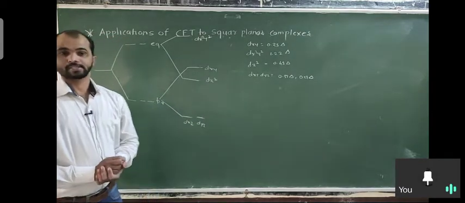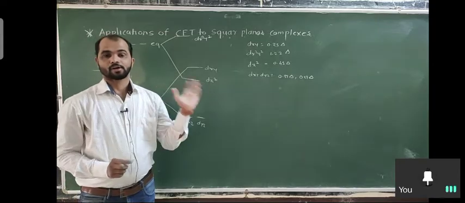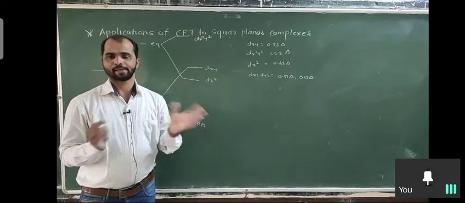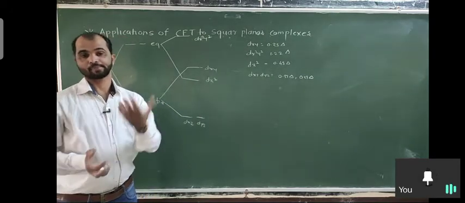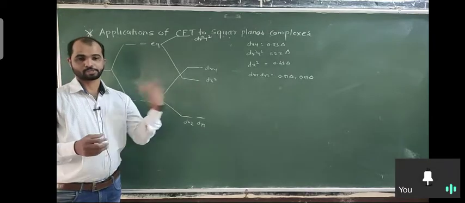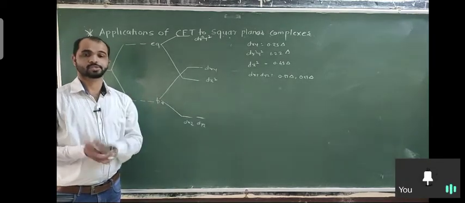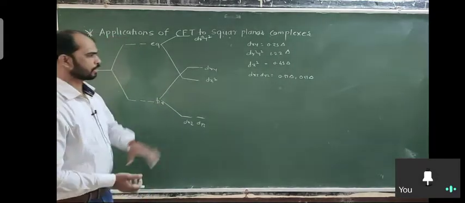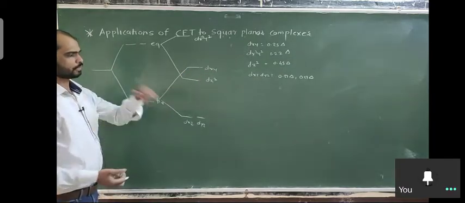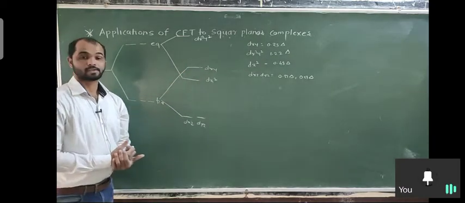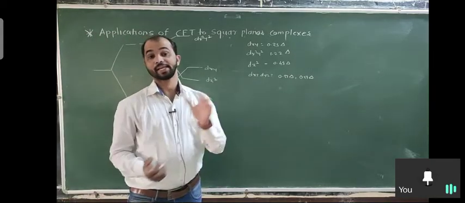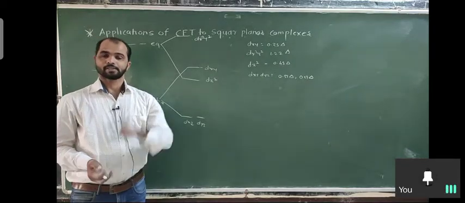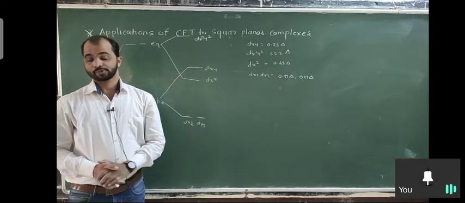to understand the covalent bonding in coordination complexes, because CFT is mostly about ionic complexes, ionic bonding, but the ligand field theory, which expanded from it, is used for covalent bonding, and it is included in your PG syllabus. So just think about the CFT here now, because in the last chapter we will discuss the ligand field theory: what it is and how it is useful, with a molecular orbital approach.